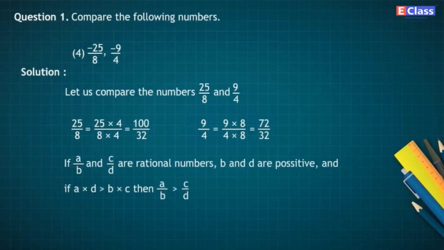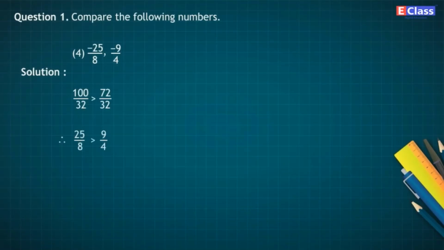If A by B and C by D are rational numbers such that B and D are positive, and if A multiplied by D is greater than B multiplied by C, then A by B is greater than C by D. 100 by 32 is greater than 72 by 32. Therefore, 25 by 8